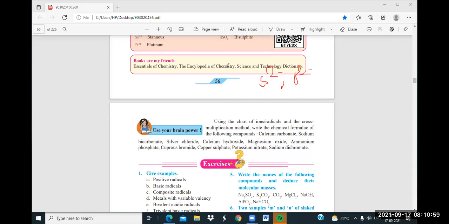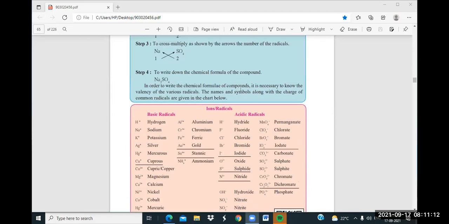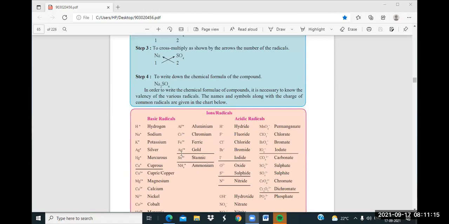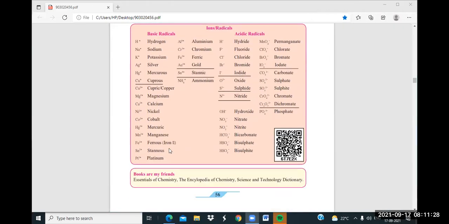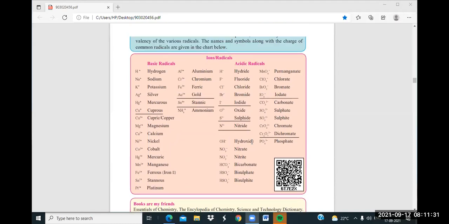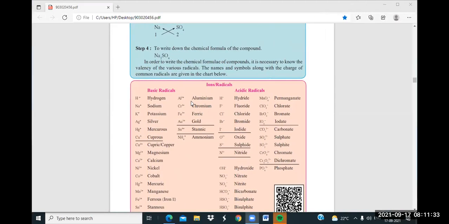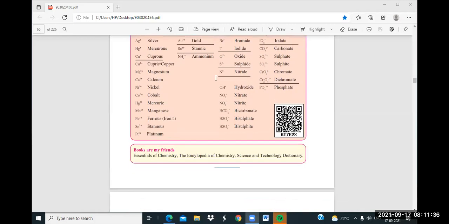Okay, got it? Yes or no? Trivalent, so having valency 3. Which is that? Al3+, then Cr3+. You can see here trivalent 3+, 3+. Those are written here that you can write as the trivalent. And bivalent means 2+ or 2-. Here acidic then 2-, and basic means plus. Getting it?